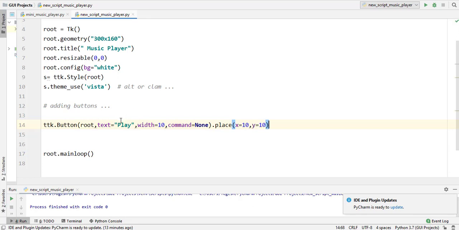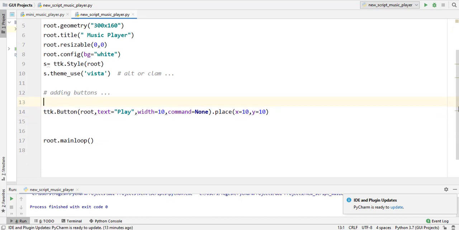If you are new to tkinter, you may be thinking that I did not create an instance like btn equal to ttk button. I did not create an instance of the button because I am not using that button in the future. Mainly you create the instance of any tkinter widget for using it in the future, like passing it on to a new window. Like when I create a frame, I create an instance because I need the frame name to pass on the main window area.